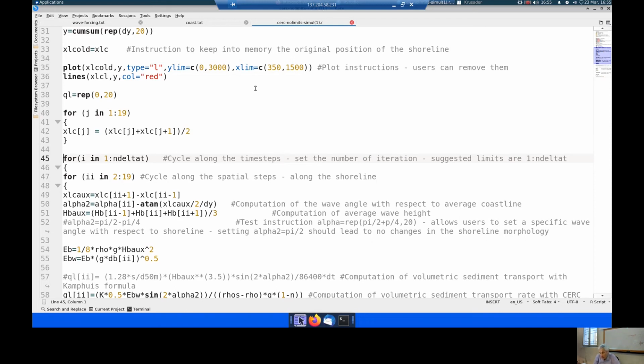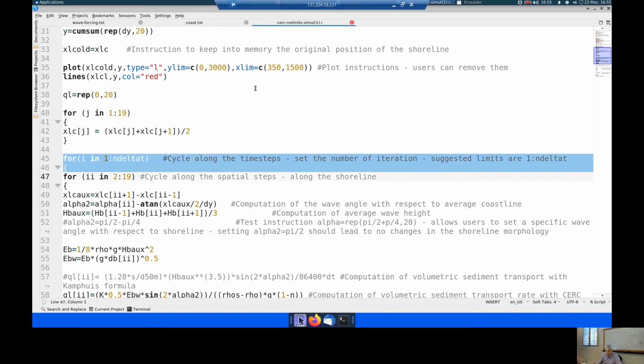So first, we need to start a for cycle running over time. And here you see for i in 1 to delta t, and delta t is the number of time steps. And then there is a curly bracket. And then soon afterwards, there is a second for cycle in space, and it's extended for ii in 2 to 19. Why 2? You will see because